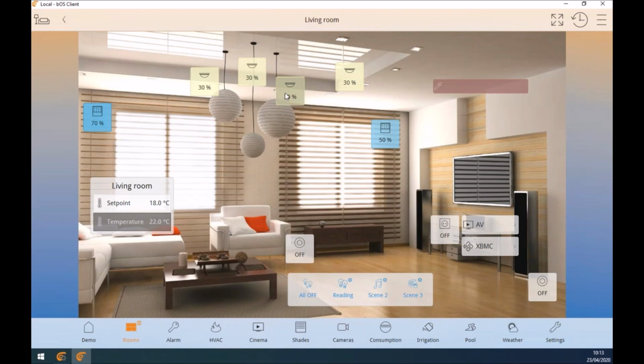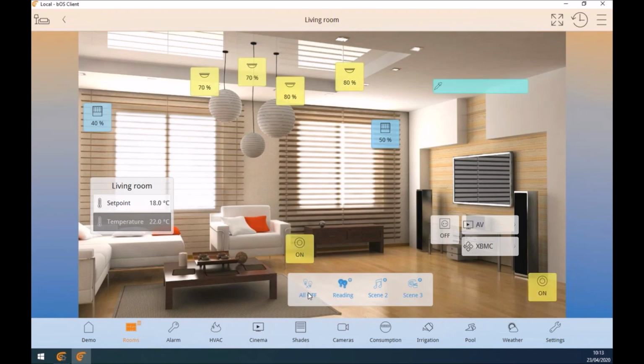So as you can see, we have our lights here at the top. I can very easily dim them, put down the shades, control our lighting or even heating. So all of this is also available and possible on this. As you can see, we also have a couple of scenes that are here for this room, and our clients